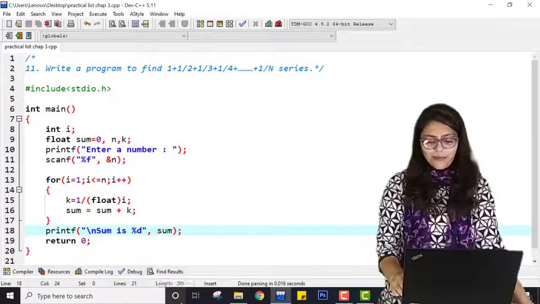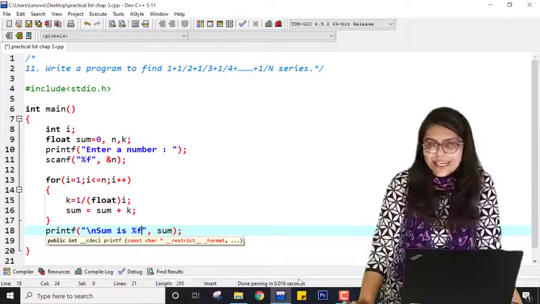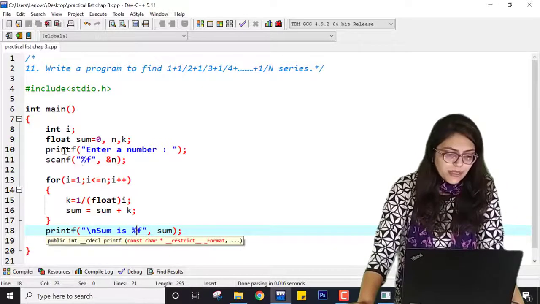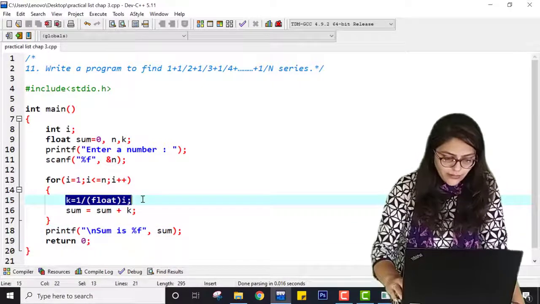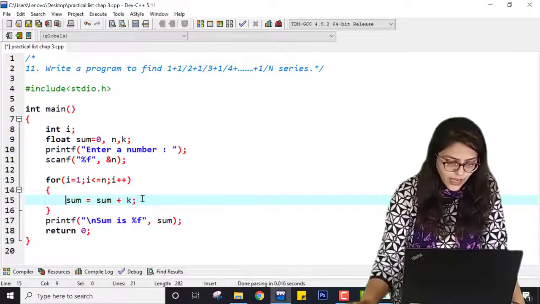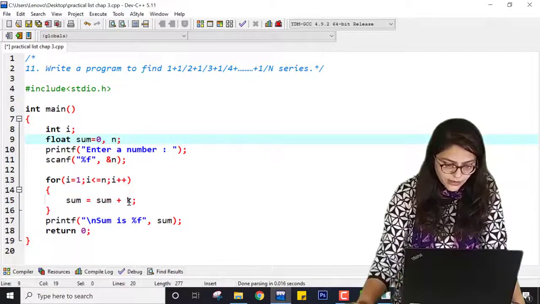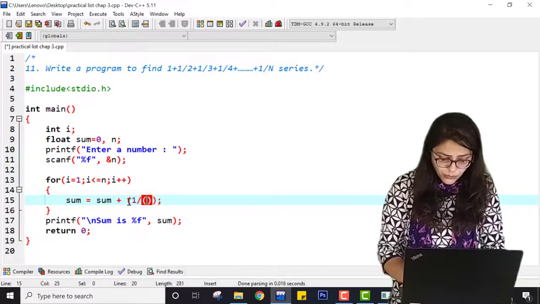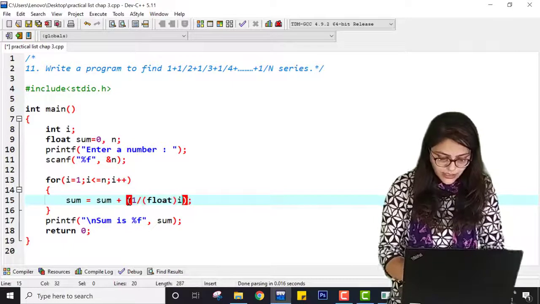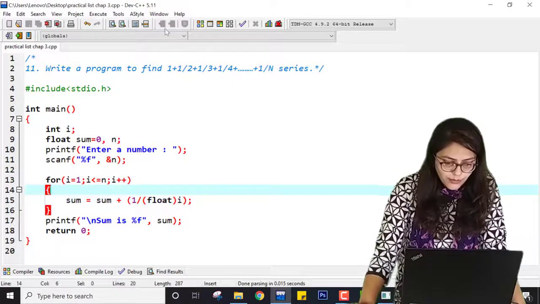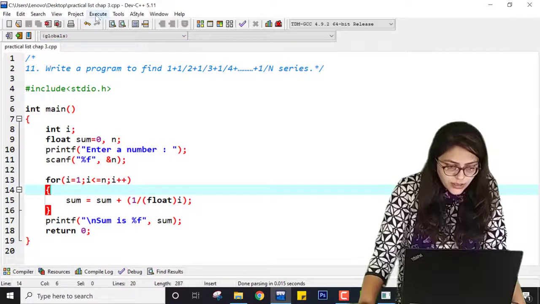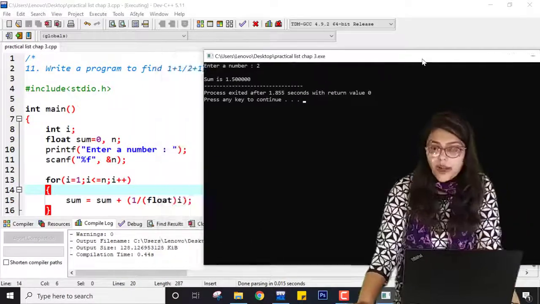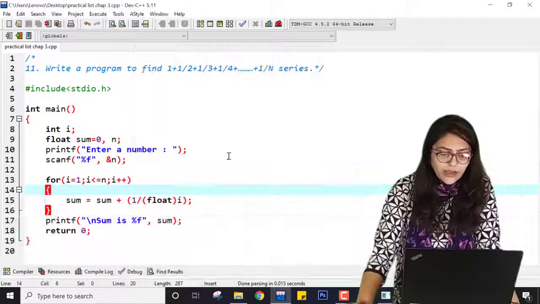Okay, the answer is not coming because here I have put %d for sum, so it is chopping everything. So here it will be %f for sum because my sum is float. So now even if I erase this, and even if I am not taking k, my answer will come by simple typecasting. I was just thinking that my code is correct, then why is it giving me an incorrect answer. So if I save this program, compile it and run it, now if I enter 2, it is giving me 1.5. You can check it for any other value.